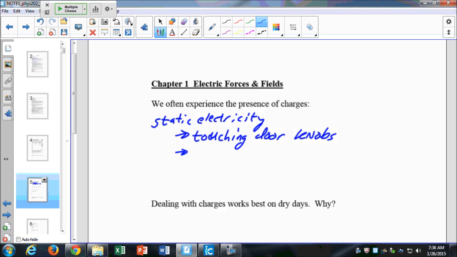Alright, so touching doorknobs, getting out of your car. Any of y'all have cloth seats? What happens when you close your door? Make sure you slide out. Right, if you slide out, as you slide your rear against the seat, it picks up negative charges off the seat, and then you're given an excess of charge, and then when you go to close your door, it'll shock through your finger. So your car seat,